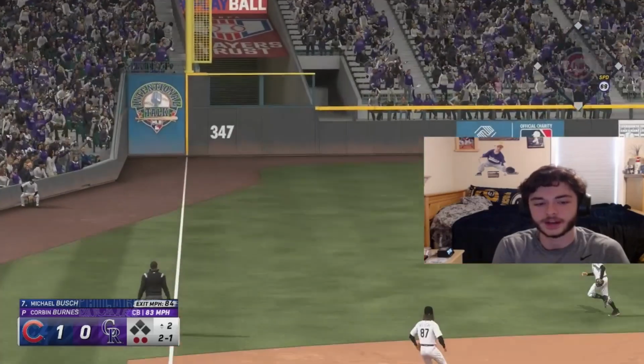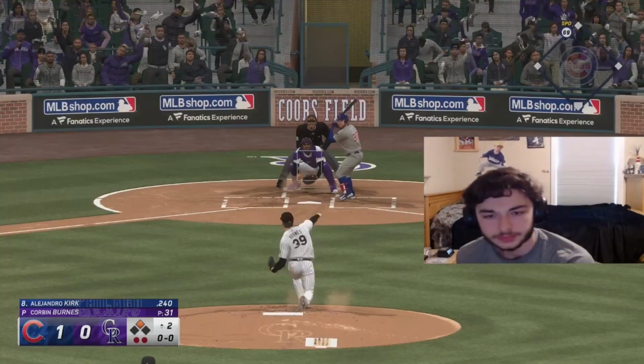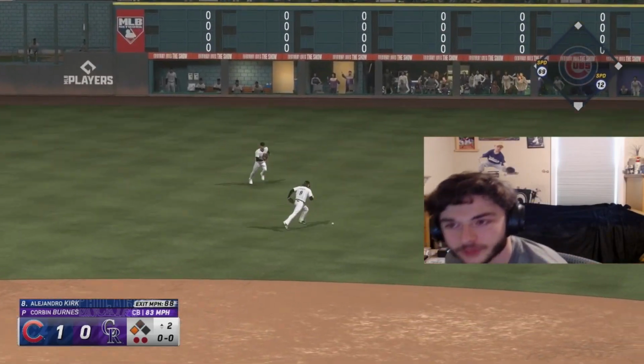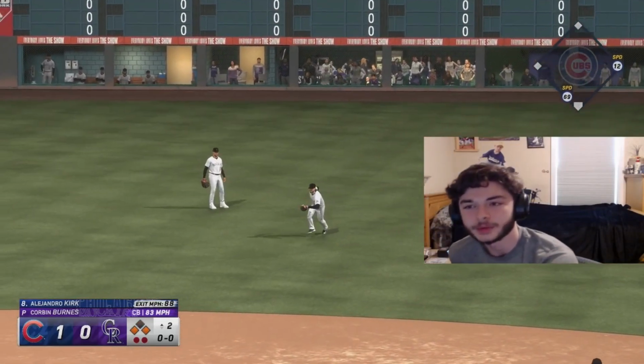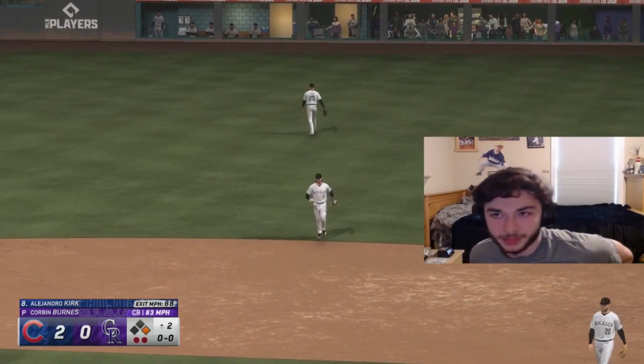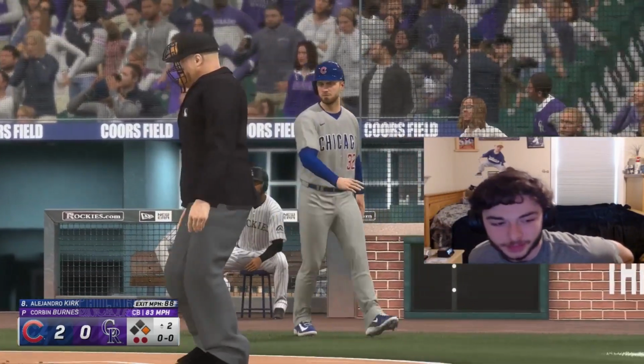Pitch. It's going to get down. No, it's going to be a double for Michael Busch. Alejandro Kirk. Oh, deflects off Brendan Rodgers' glove, not going to be able to make the play, and another run does score. That should probably be an out, in my opinion. He probably should get there, but...